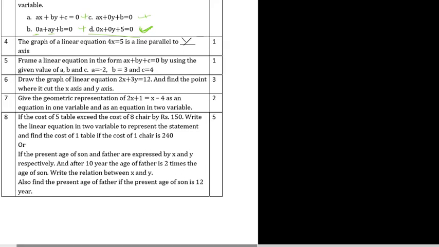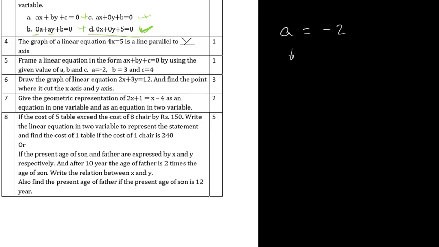Frame the linear equation in the form of ax plus by plus c equal to 0 by using the values of a, b and c. So the value of a I have to use is minus 2, value of b I have to use is 3, value of c I have to use is 4. So therefore,